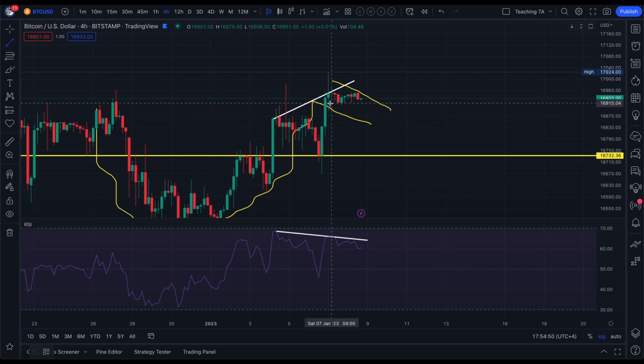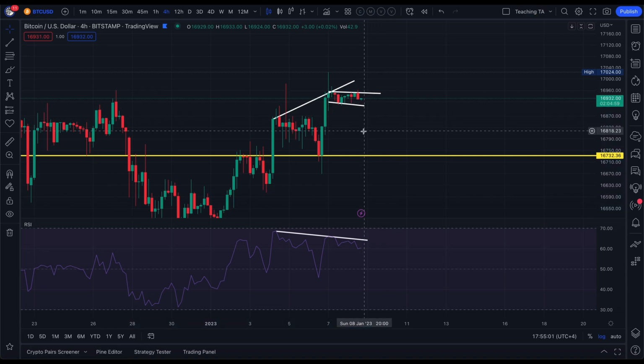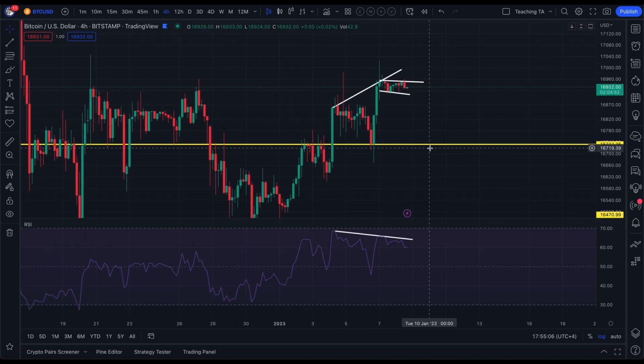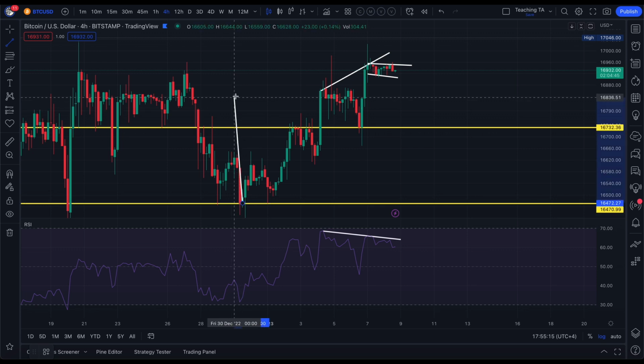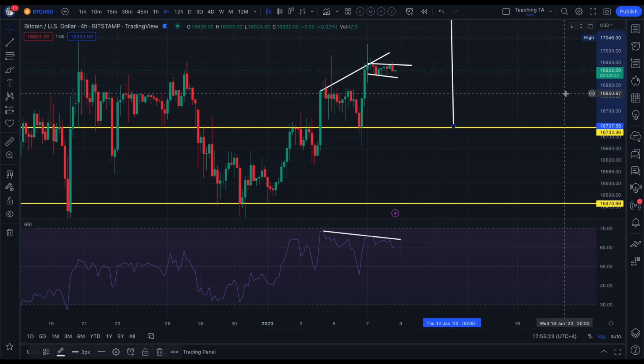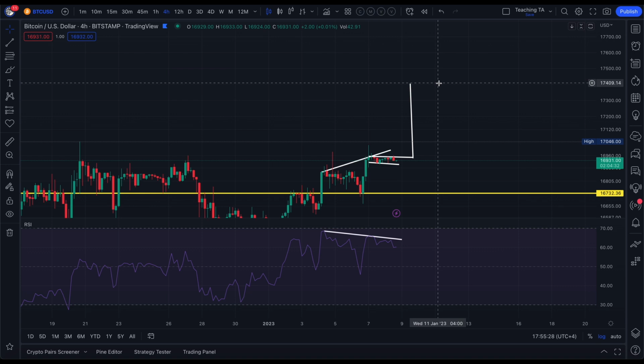So I'm going to draw this a bit more specifically so you guys can see. So voila. Here you go. That is the two resistance lines that we should be looking at, which could tell us potentially where price could head to. Again, if we break to the downside, we could come down to $16,732. However, if we break to the upside, the cup and handle target for Bitcoin will be the following. So we have to pull it to here, and then we put this target above the breakout zone. So if we just do this, then voila, our target for Bitcoin will be around